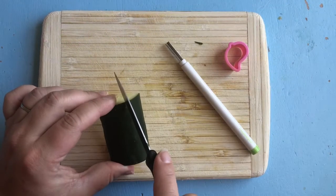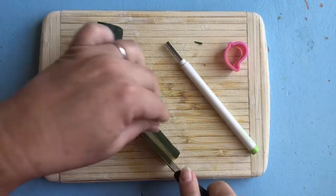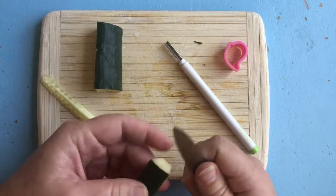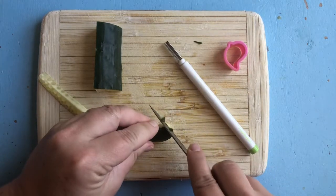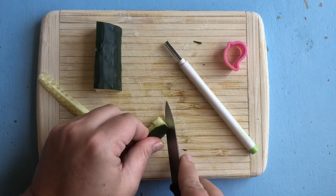Hi everybody, this is Wendy from Wendelonia, and today I've got a quick video to show you how to make spooky cucumber fingers for your bento box lunches, or for regular lunches, or for dinner, or for your Halloween platter,